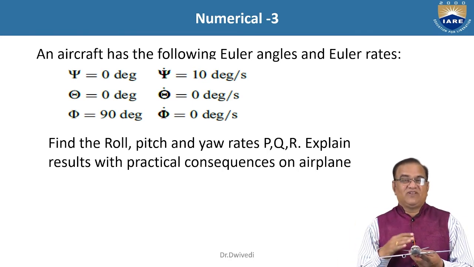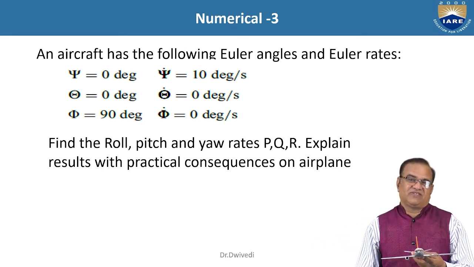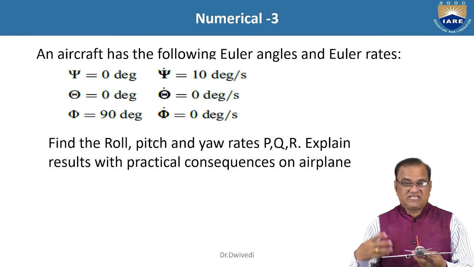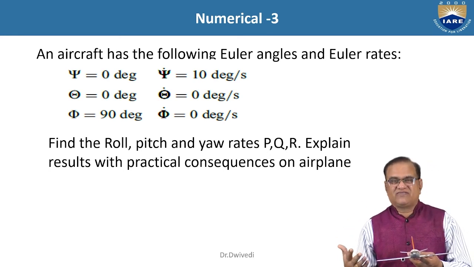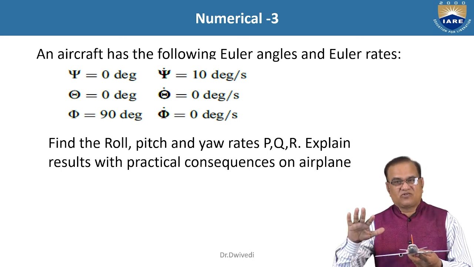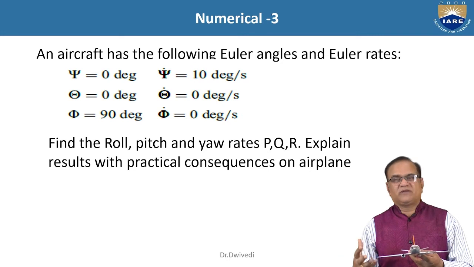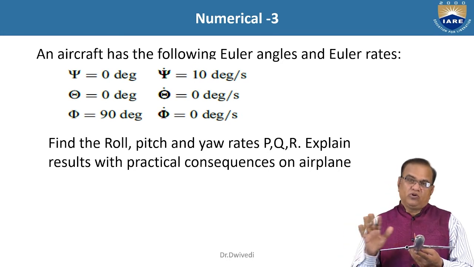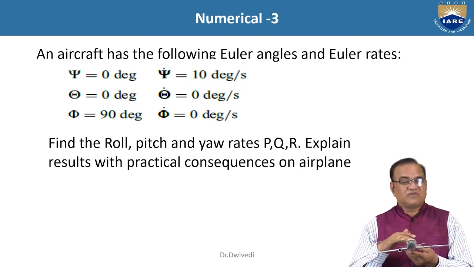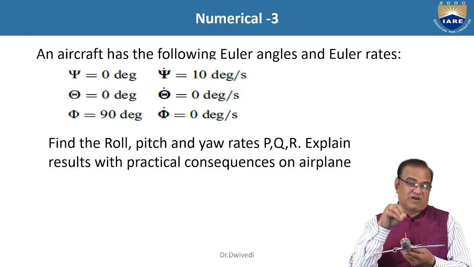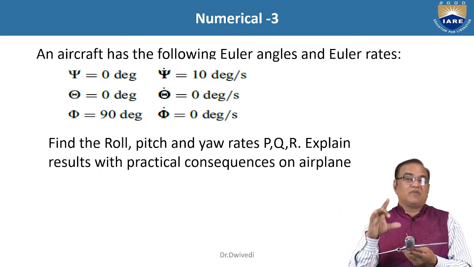How will the pilot know and how will the ATC know what is the speed of the aircraft? It is really the acceleration, the distance, the velocity of the aircraft, and other parameters, your attitude, your angle of attack, your yaw, pitch, all other parameters, both should have the same data. If the aircraft is flying at 500 miles per hour, ATC people should also experience that yes, the aircraft is flying